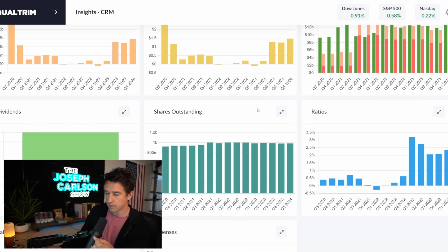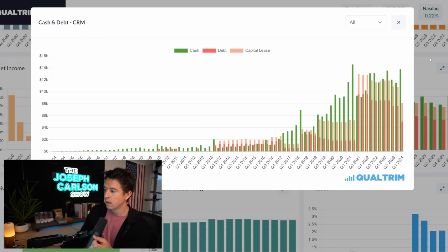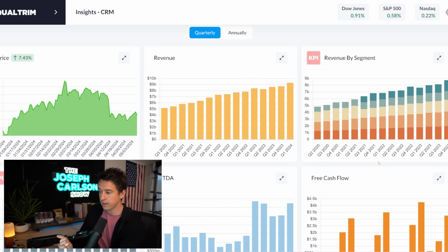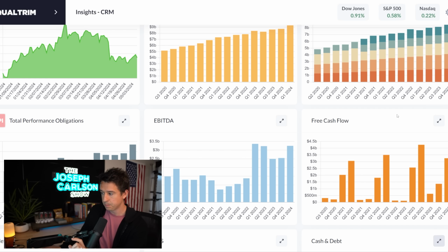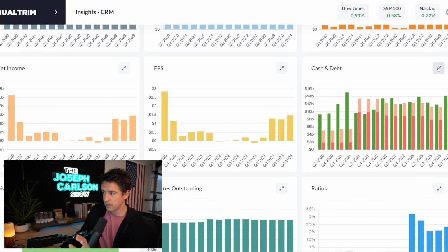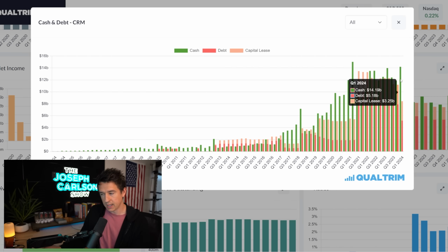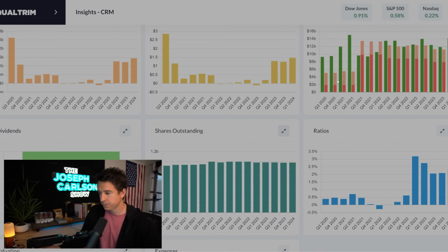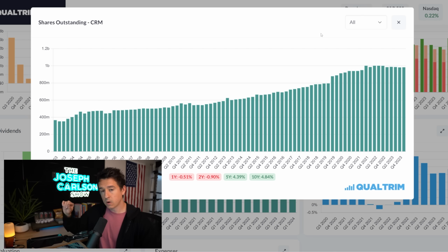So if we look at Salesforce, we look at the balance sheet, what do you know? It has, in fact, 3 times as much cash as it has debt. So super strong, diversified revenue stream, highly concentrated industry that it owns the majority market share in, growing free cash flow year over year. It's doing great on these parts. And then we have a strong balance sheet, way more cash than debt. So far, signs are pointing in a positive direction. The next thing I look for to cover my downside, again, is a company that can do a lot of buybacks. Now, Salesforce has just turned the corner on this.